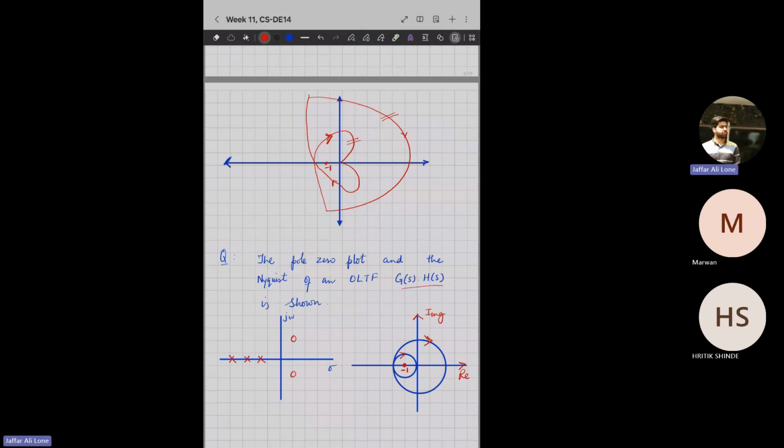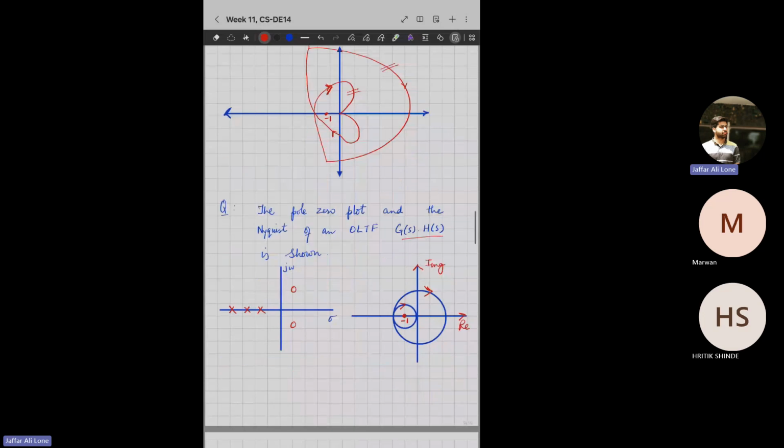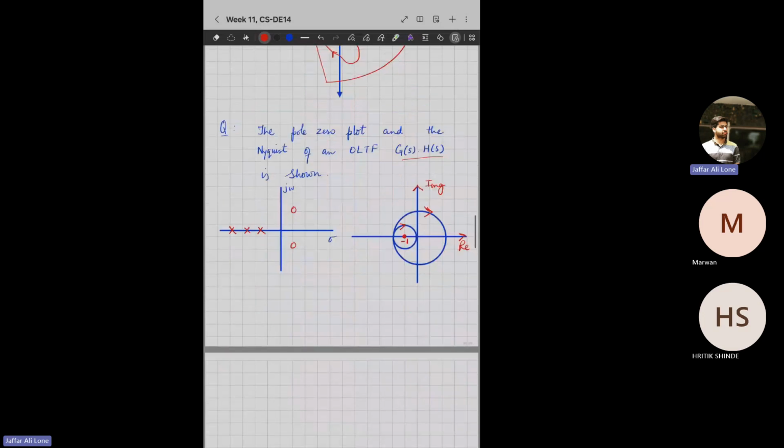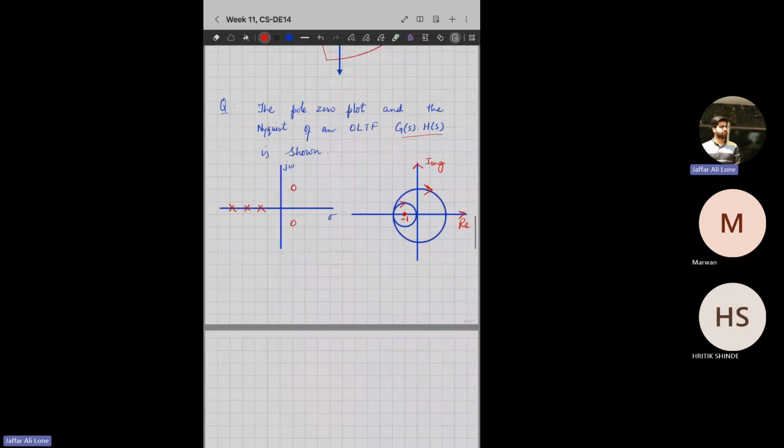Now the question is, we are given a pole zero plot and a Nyquist plot of an open loop transfer function, and the question is asking, from the given plots, we can infer that